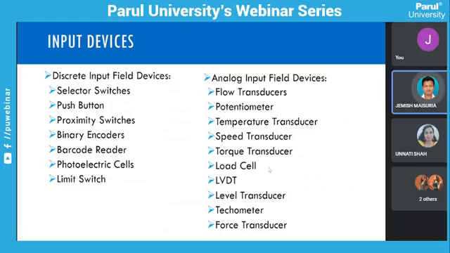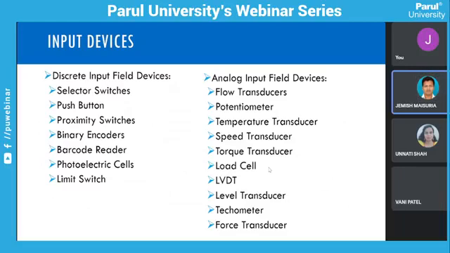So depending on your requirement, whatever it is, you can select any of the input devices from here. As I told you, one particular automation problem is that we have to make holes at a particular location. So we require location sensors. Based on those location sensors, we will get the input, and after that we can put the holes over there by using any of the devices.